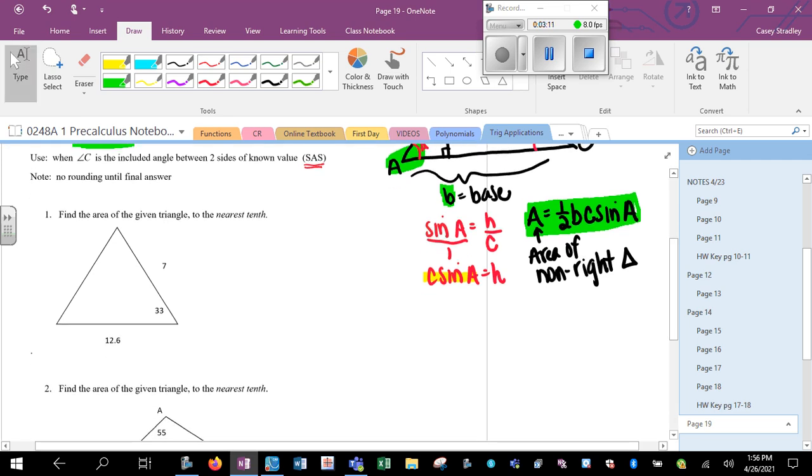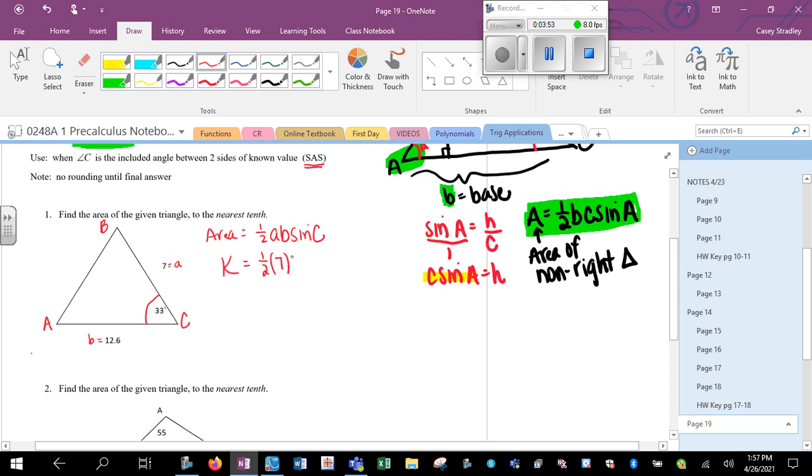In question number 1, we want the area of the given triangle. There's no A's, B's, and C's in this picture, so you can label them if you would like. I'm going to go ahead and say here's angle A, so 7 is side A. Here's my angle B I like, so 12.6 is side B. And angle C happens to be 33. Can you see that that 33 degrees is included between the two sides? That allows me to say that my area formula is 1/2 side A times side B times the sine of angle C. It becomes a quick substitution problem,